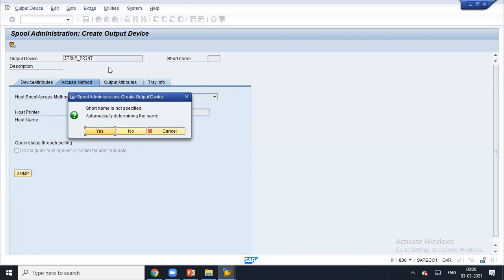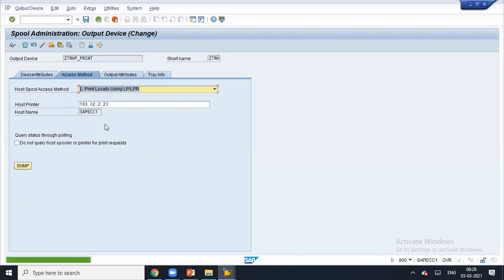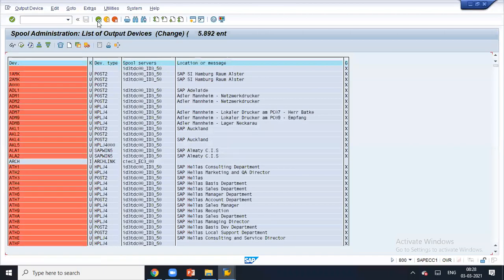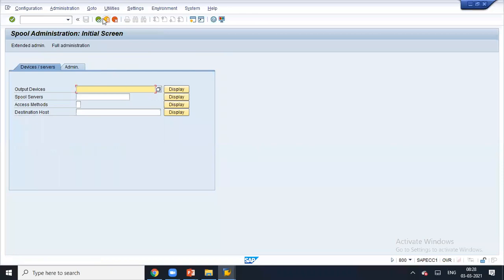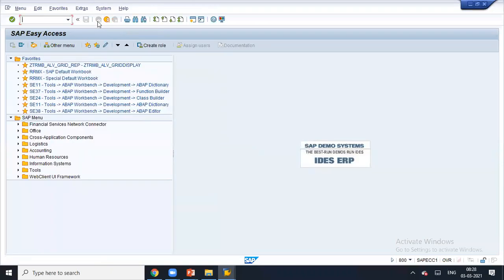Save it. Dummy. Right, the output device was saved like that. That is how SPAD configuration is done. I intentionally used Z, meaning it is at the last, right? So again SPAD,